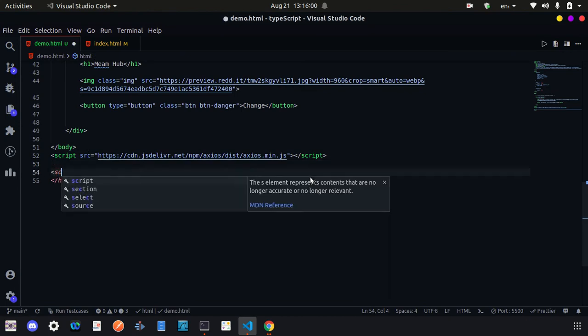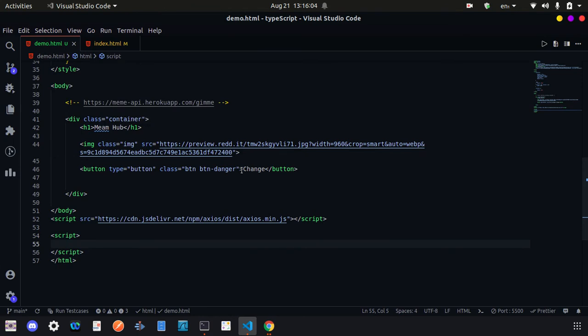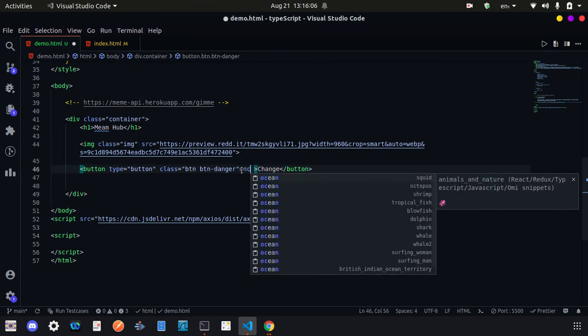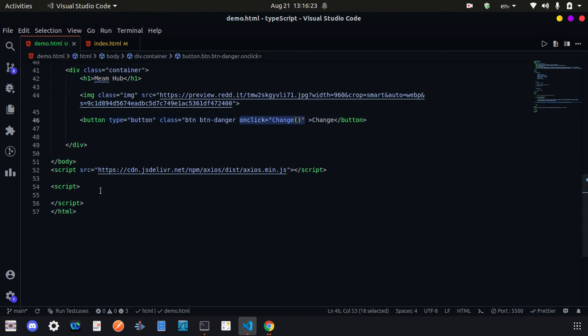And here we are opening one script tag for writing our code, and on click of this button, like we can see, onclick change, whenever we click on this button, we are going to call one function, change, and this is the syntax, so I do not have to elaborate on it, I guess.